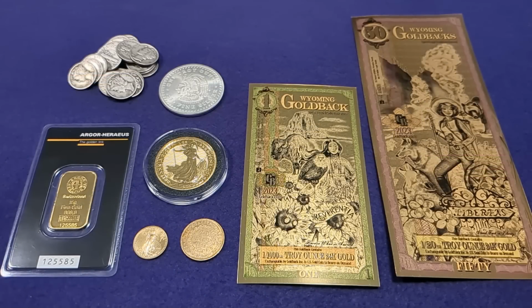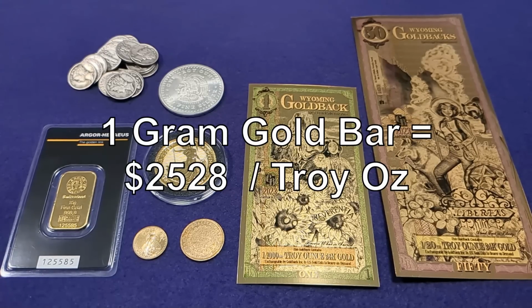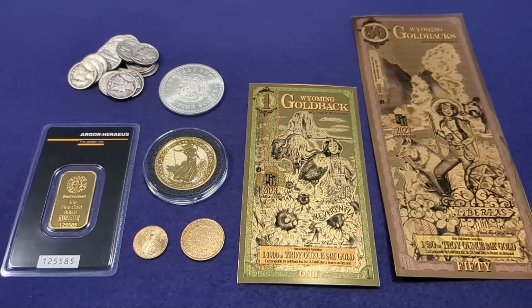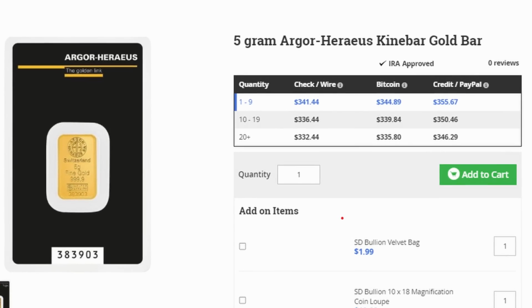And if we just multiply that number by 31.1035, you can see that if you buy these 1 gram bars, you're paying $2,528 per troy ounce. So that is fairly steep. And also, just to give you something in the middle to compare that to, they've got the 5 gram version of this bar going for $341.44. And if you run all the math on that, that comes out to